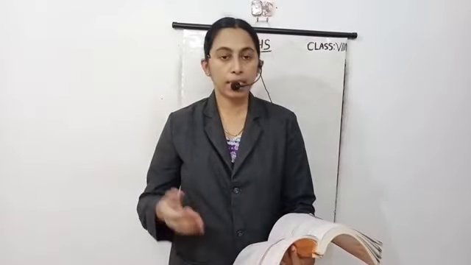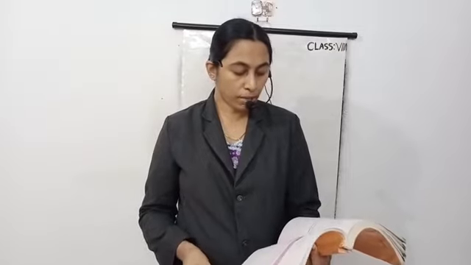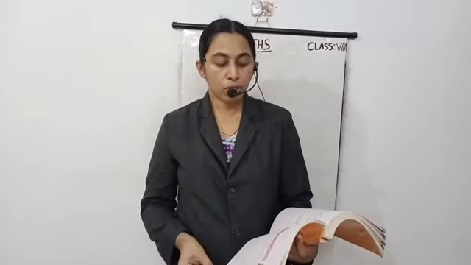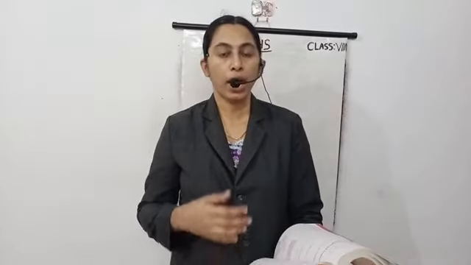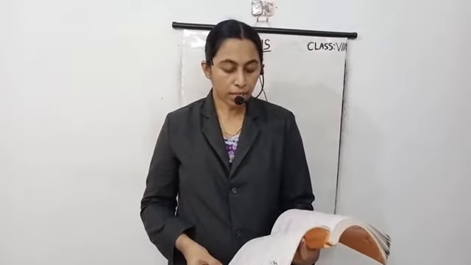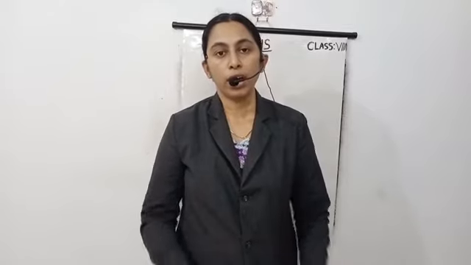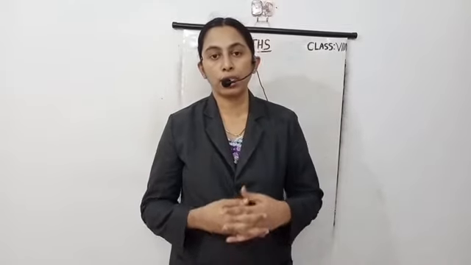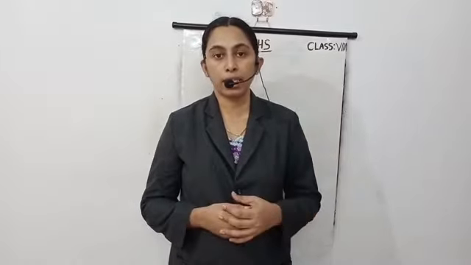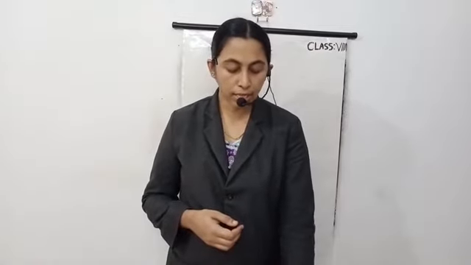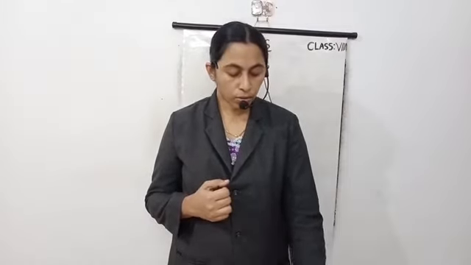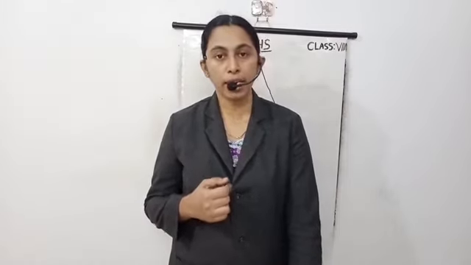Then the next topic is division. Division is very simple. First is division of a monomial by another monomial. Second is division of a polynomial by a monomial. And third is division of a polynomial by a polynomial. And finally, find the error. When doing this type of questions, if we factorize or multiply or divide, then we make some errors. So this section is about the common errors we make.